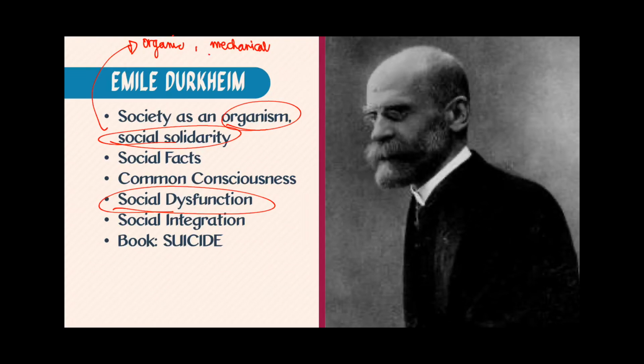So when we say mechanical solidarity, this is the type of solidarity wherein all the people in that community are doing the same thing. And usually, mechanical solidarity happens in societies that are hunter-gatherer or yung mga more primitive type